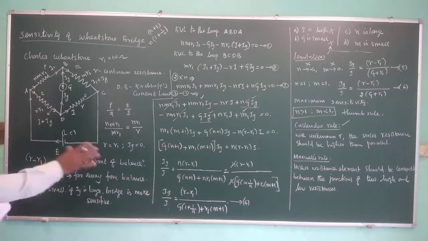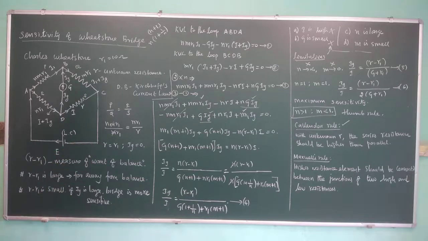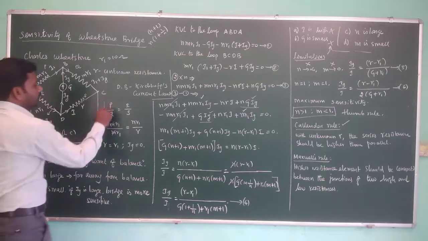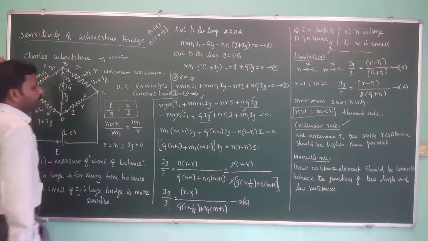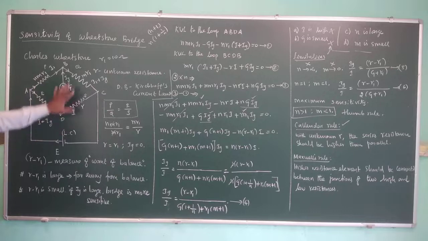So this is the idea of the sensitivity of the Wheatstone bridge. Let us recollect once again. Charles Wheatstone is the person who designed this circuit. It is a combination of 4 resistors, one galvanometer, one battery. Essentially, it is a Leclanché cell. This bridge is said to be balanced when the current flowing through the galvanometer is 0. That is achieved under the condition P by Q equal to R by S, and we have named